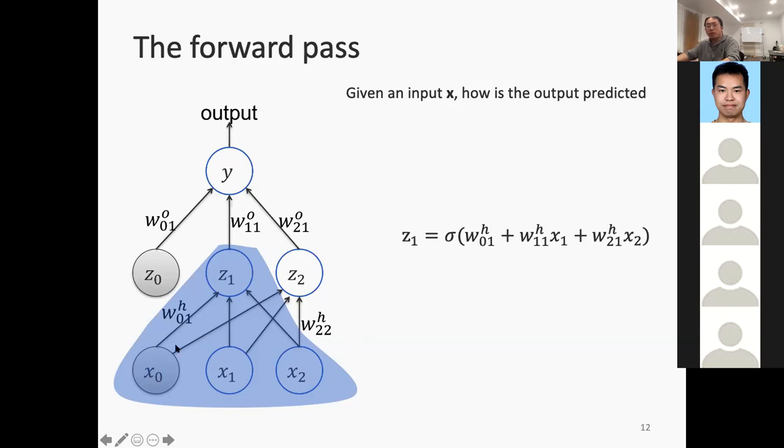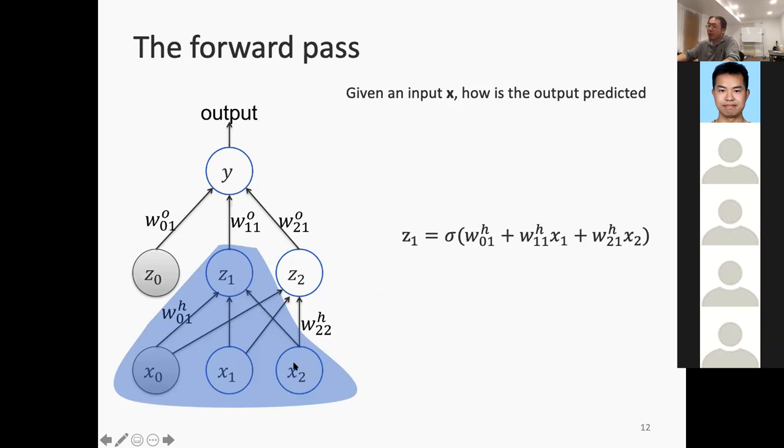As we mentioned, X0 is a bias feature, it's constant 1, so we never need to explicitly write it down. Then for X1, the associated edge weight is W11H, connecting 1 to 1, multiplied with X1. And W21H,